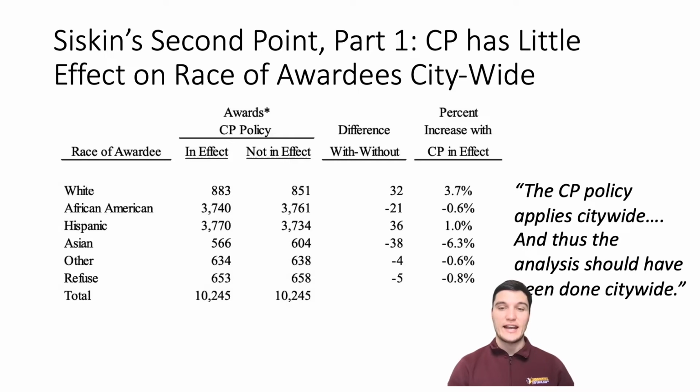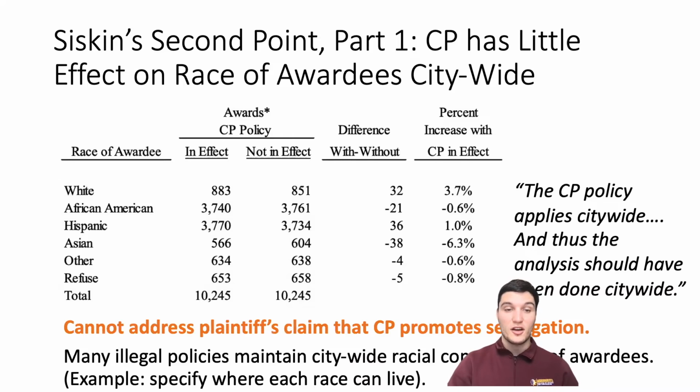Setting aside for a second how he ran the simulations, I think the most important thing about this table is that he chooses to do the analysis citywide. He argues that this is the right way to do it because the policy applies citywide. I don't think this is a crazy position to hold, but one important thing to note is that if you're just analyzing at a citywide level, you're really not able to address the claim that this community preference policy promotes segregation. And it's obvious that there are a lot of blatantly illegal policies that wouldn't affect these numbers, the